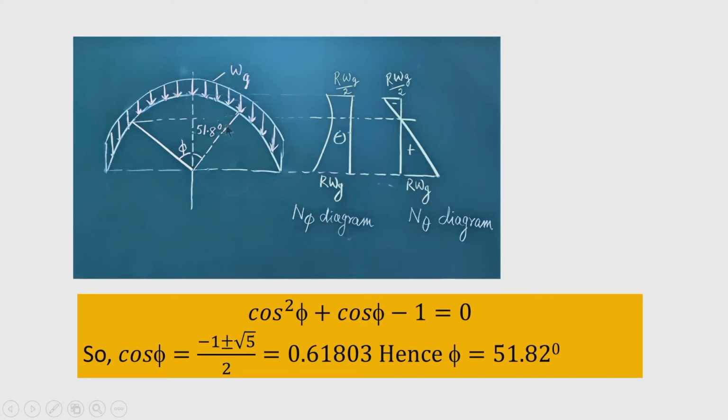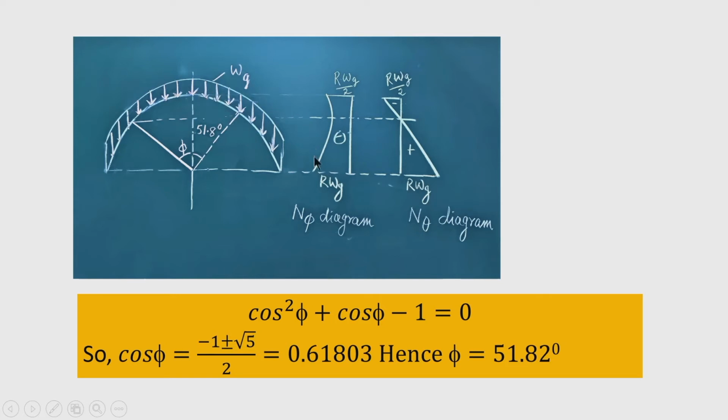So, now we get the limit of the angle phi up to which the shell remains under compressive force only. So, up to this level that I am showing here remains in compression. But n phi, the meridional stress, is compressive throughout the shell, throughout the surface of the shell, from the springing to the crown. This is the springing level and this is the crown level.